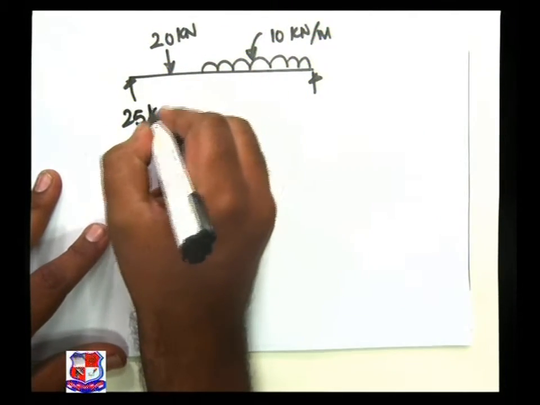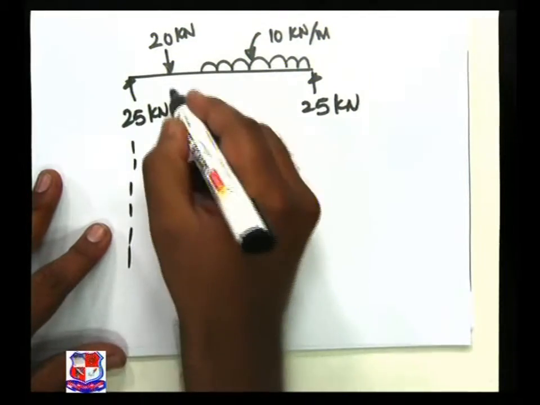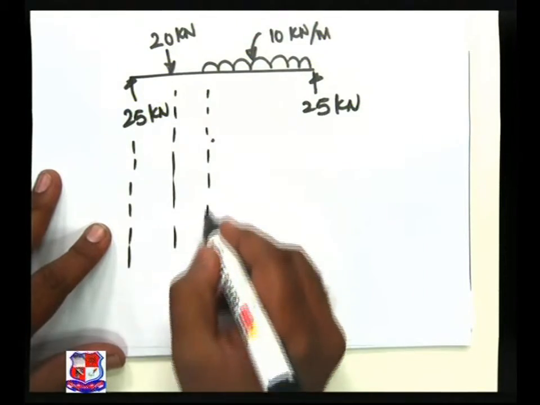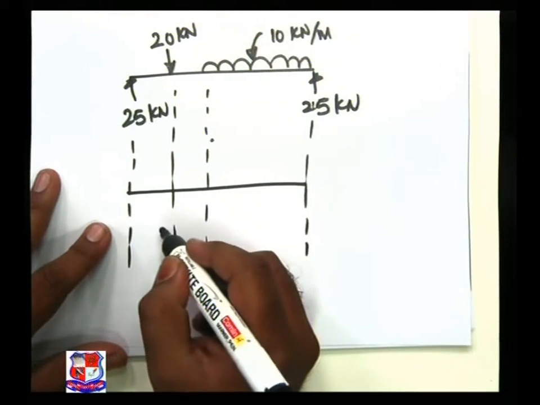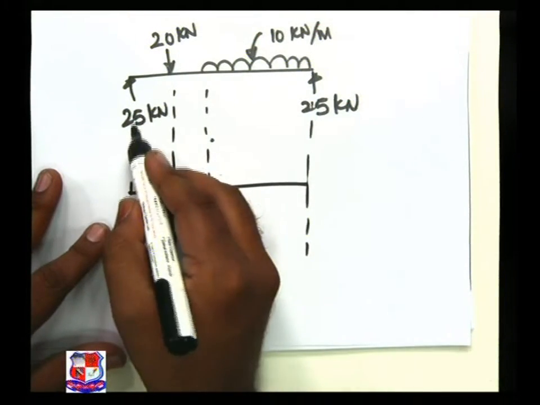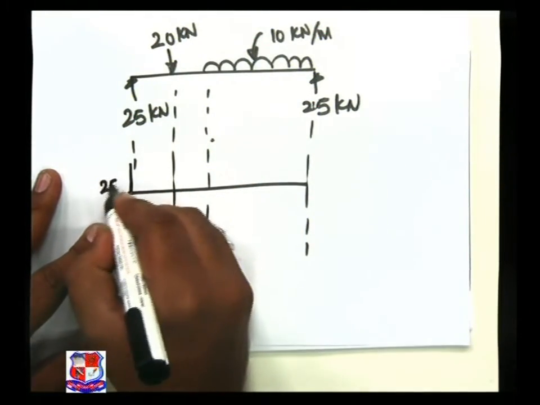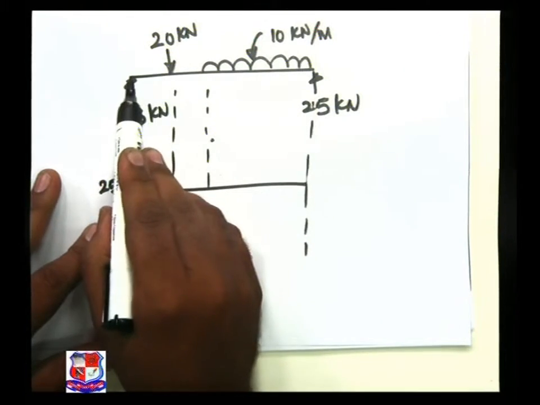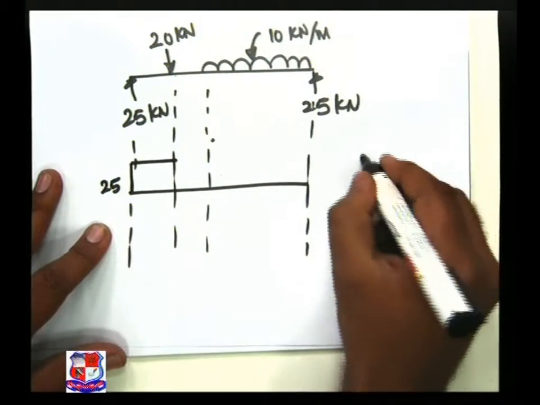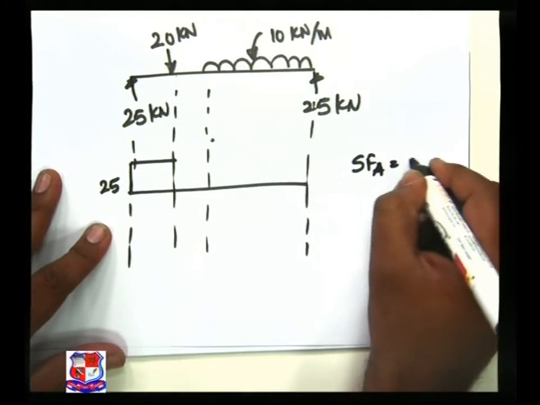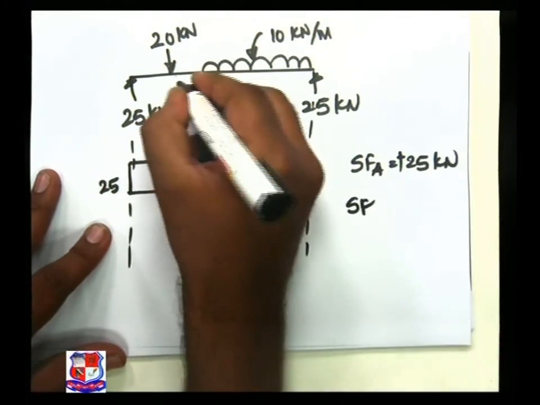This is of 25 kilonewton, this is of 25 kilonewton. Baseline. 25 kilonewton upward, section left upward, plus sign 25. Between these two loads there is no load, so the variation is given by a horizontal straight line. If you want to write down the steps, then SF at A is equal to 25 kilonewton, positive sign. SF at C, this is my